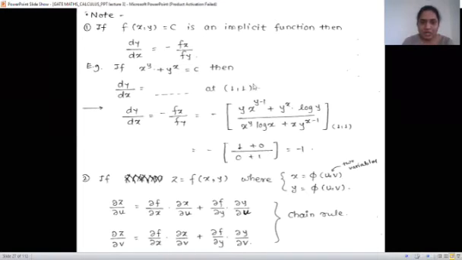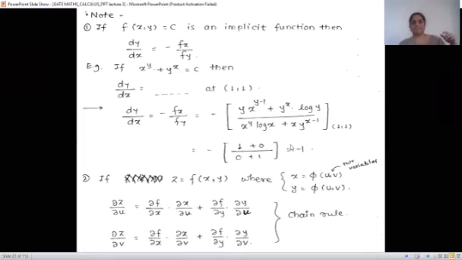And we are asked to find it at the point 1, 1. So put x as 1, y as 1 everywhere. So we get 1 raised to something, 1, 1 into 1 and log 1. Log 1 is 0, so everything is 0 here. And next is 1 into log 1. Log 1 is again 0, and 1 into 1 raised to 0 is 1 again. So it is 1 by 1, and minus. So the value is minus 1. Please remember this.